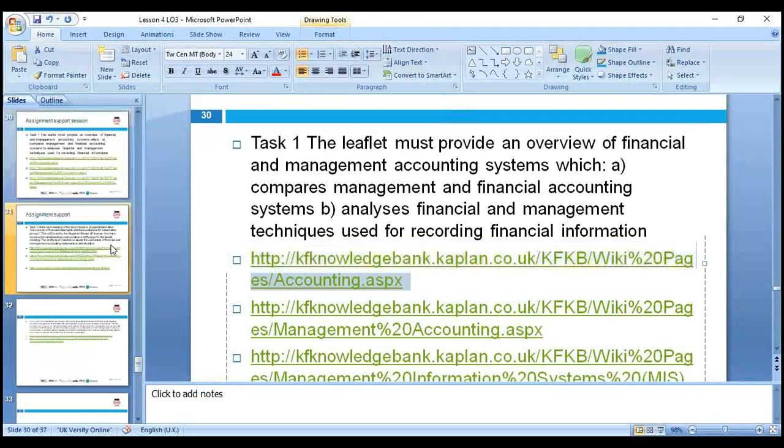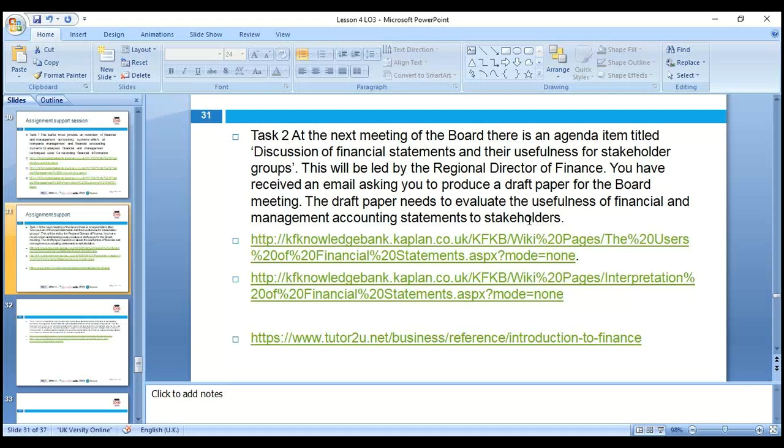Then task 2, we've been asked to bring a meeting to the board agenda and discussion about the financial statements. The financial statements are the statement of profit and loss, the statement of financial position, also known as the balance sheet, the cash flow statement, and the shareholder statement. All these statements provide the financial information that we record, and the stakeholders can make financial decisions based on